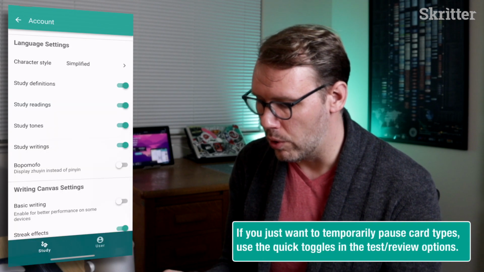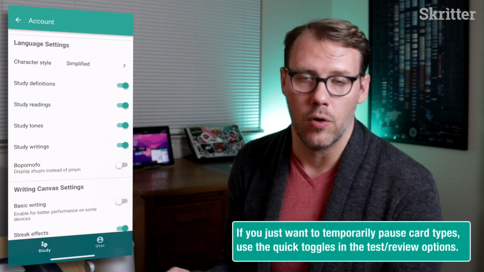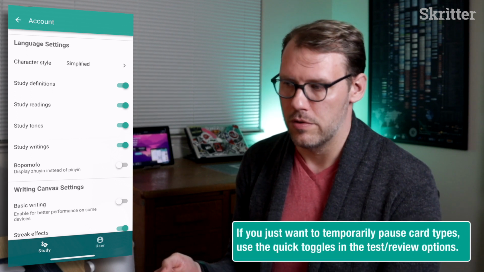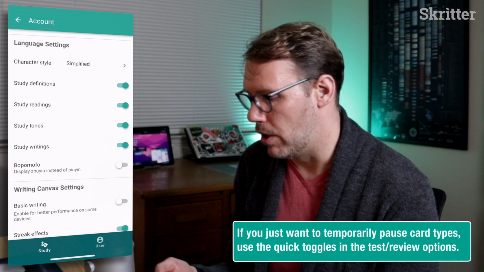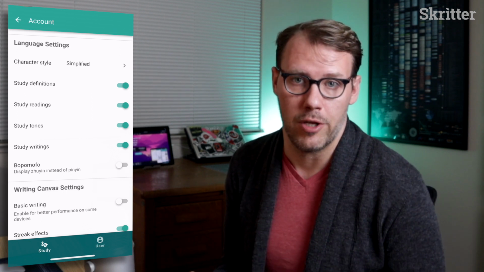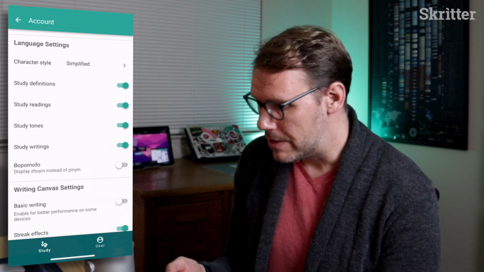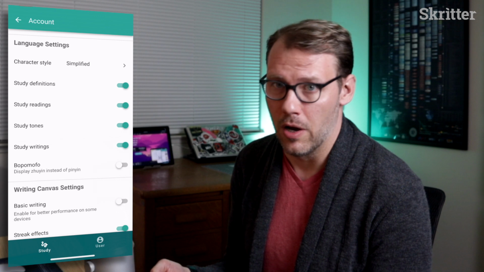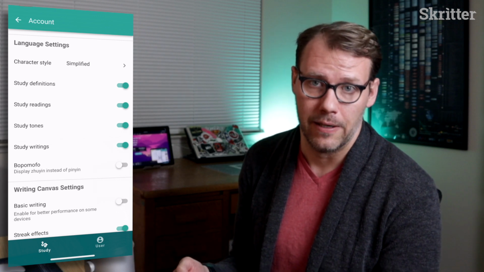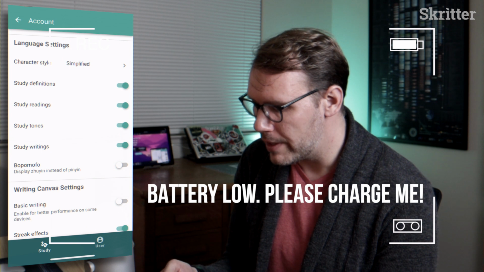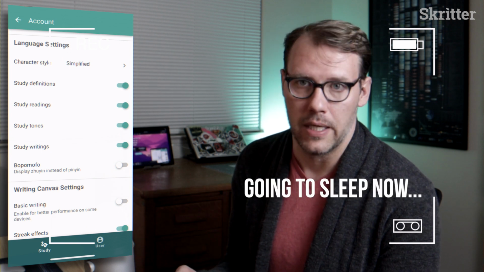You can also control what cards you are studying overall. This will have an impact on not only what you see inside of the tests, but also the cards that you have in your learning activities, and the things that go into review if you have a premium subscription. So you can turn these on or off. If you turn something off, you are going to have to relearn it later if you turn it back on. So, proceed with caution, but really, if there's something that you don't want to be studying,